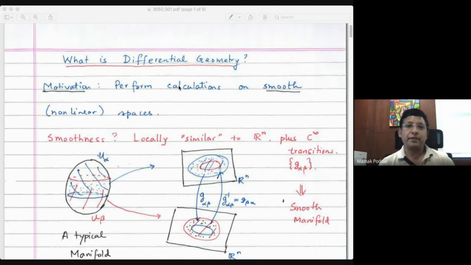So, what is differential geometry about? Okay, so basically, I hope that probably some of you already have some familiarity with manifolds and other concepts from differential geometry, but I will try to begin at the very basics, and then you are also allowed to stop me and ask me some doubts at any time, because I may be using some words that may need some elaboration. So yeah, please do feel free to stop me.